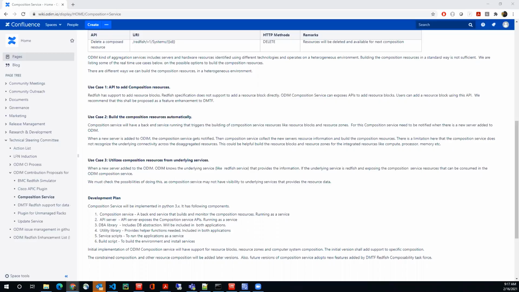Hang on, just let me finish, please. Could the zone piece actually be a northbound client function, in terms of it specifying the zones? It can learn about the resource blocks now, because those have been learned by the composition service, and a northbound client would have the intelligence to know which ones would need to be grouped into the same zone. Would that make sense, do you think, or what do you think? Or is that just mad, and we should have the whole thing auto-discovered?